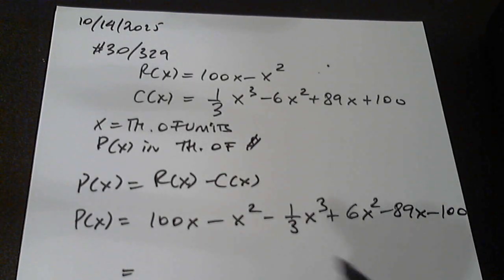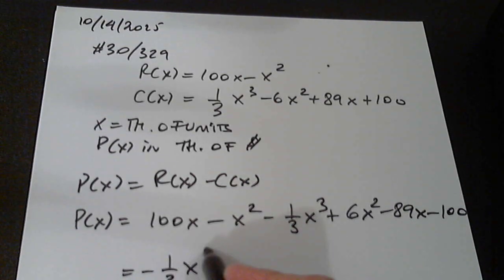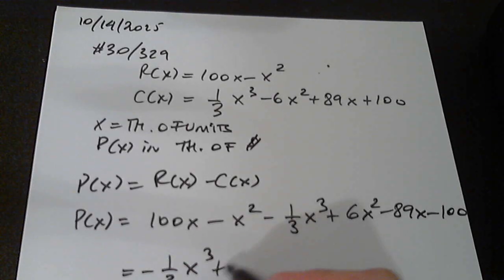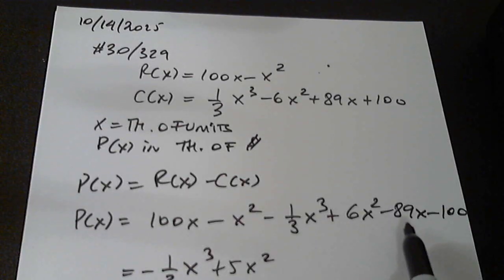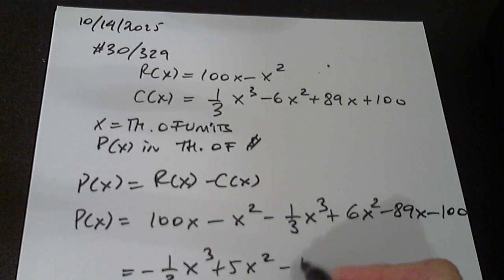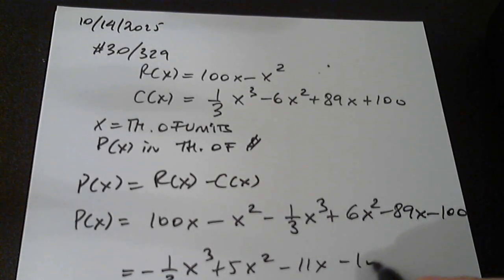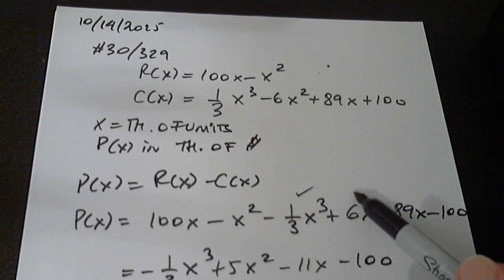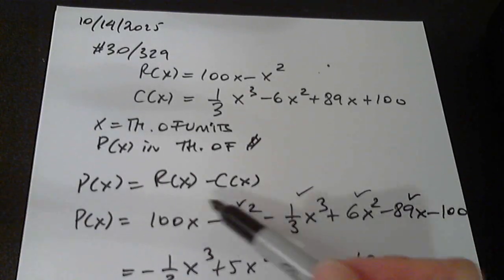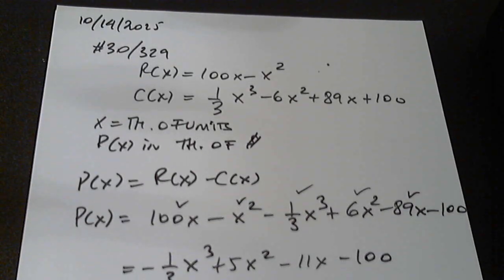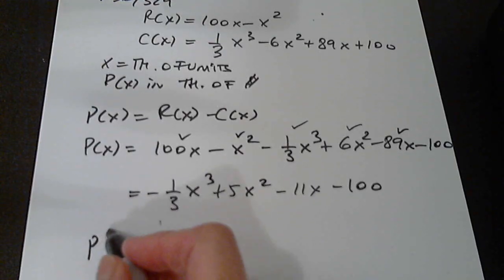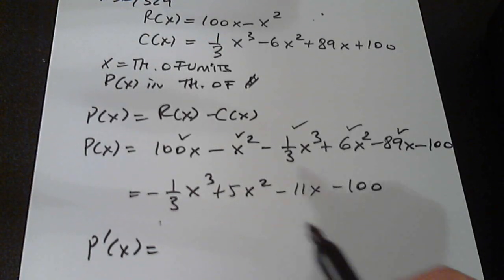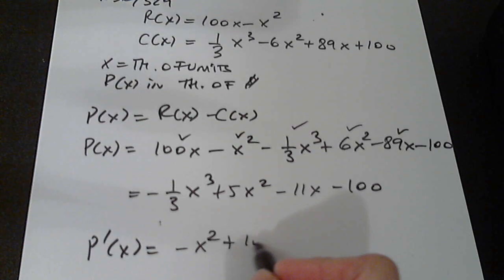Let's try and simplify it a little bit. So negative 1/3 x to the third, then we have plus 5x squared, then we have 100x minus 89x, which is 11x, and minus 100. Let me check my numbers. So this is here. These two are here. These two are here, and minus 100. Good. So my next step will be to find p prime of x, which is negative x squared plus 10x